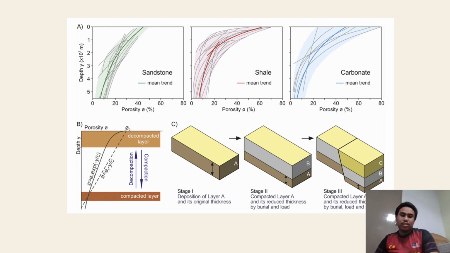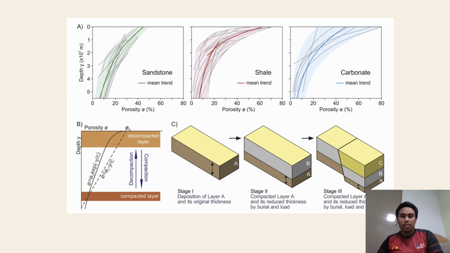Next slide is the stratigraphic setting stage, which consists of the sedimentation profile. This picture shows the trend of each rock computed in the basin system, which is sandstone, shale, and carbonate, showing the porosity over depth in the basin. As you can see in picture C, the stage by stage process of the basin